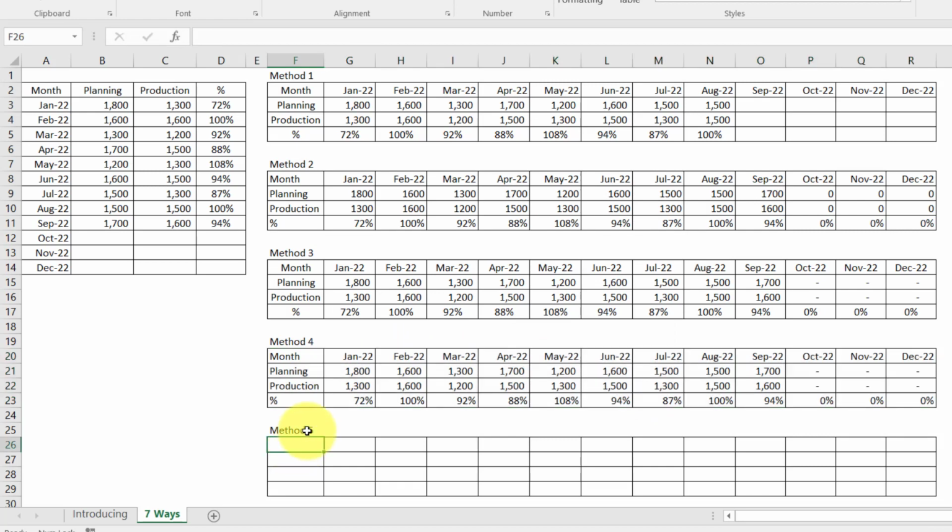Number 5, we have the function. For number 5, use the INDEX function, equals INDEX. As you can see here, the INDEX function uses the array. The array is here from A2 until D14, and then you can see here row number, comma, and then column number. For the row number, you can use the COLUMNS function,